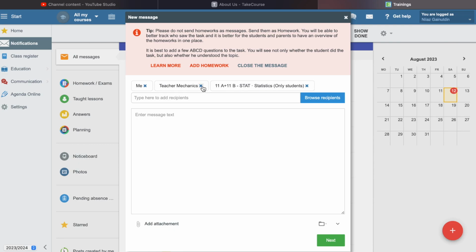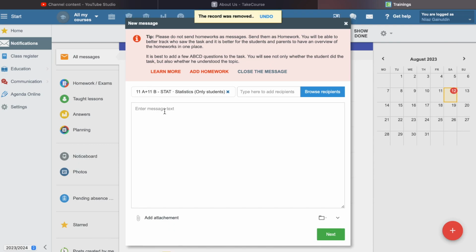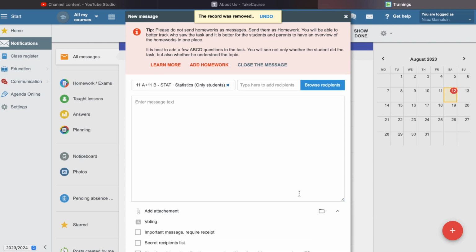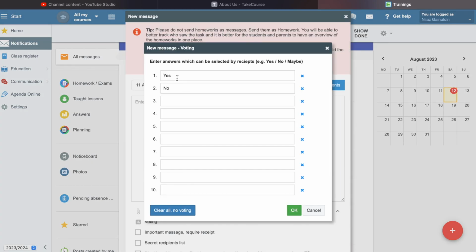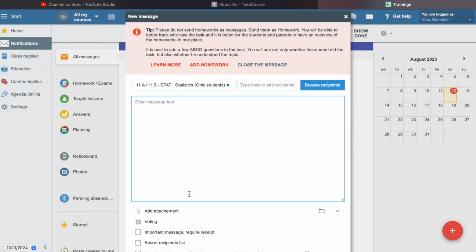I will remove the teacher mechanics, me as well, and right here the message, also attach maybe files, and I also can write here the voting, so students can vote. For example, it can be questions like yes or no. At the end I can write here that answer the question, at the end it can be here the description,